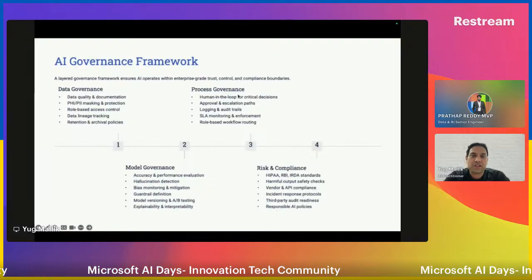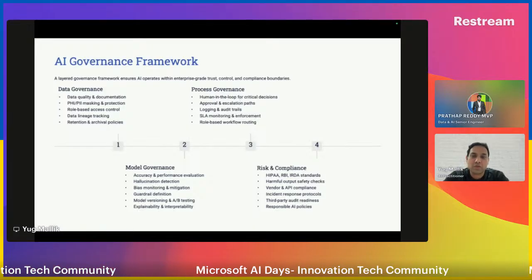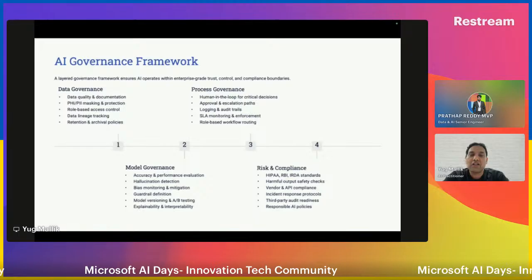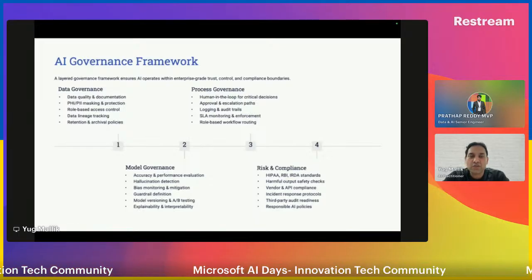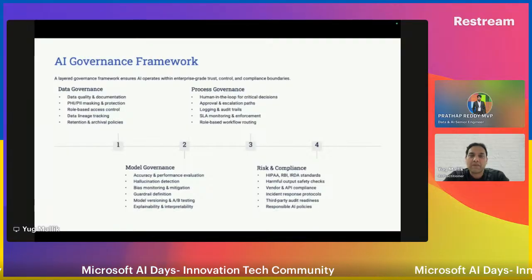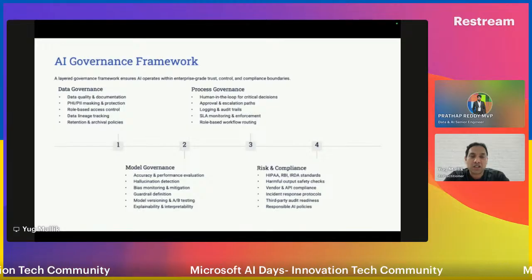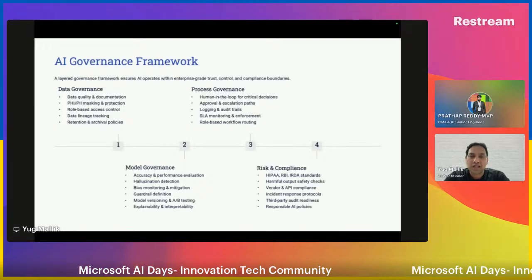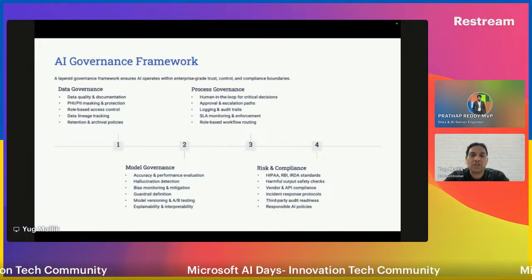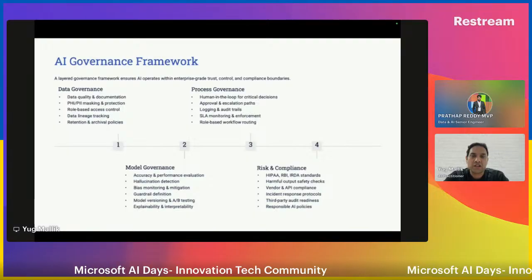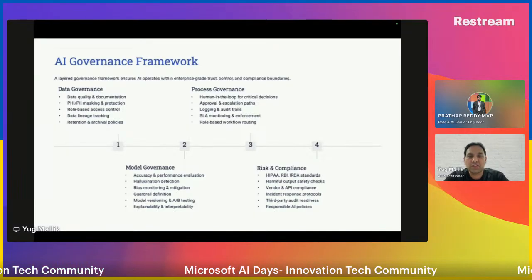We talked about the human in the loop, right? So that should be part of the process for implementing. Without human in the loop, we do not know what is happening. We cannot know even what are the critical issues that we are encountering, right? So we should have the approval or escalation paths as well, logging, audit trails, tracing. That's something we need to have as part of our implementation to know what is the behavior of our implementation, meaning AI touch points, and so on and so forth.